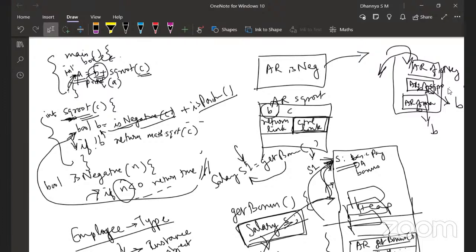So when you are popping the topmost activation record, that is actually getting removed from the memory, which means that memory is now available for other activation records or other memory. If the heap is going to grow towards the bottom, it can still occupy the space. In the case of heap, dynamic allocation happens. When I say new salary, a new object is being allocated space in the heap. When does this get cleaned up?